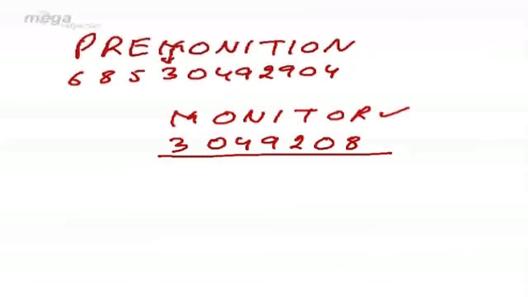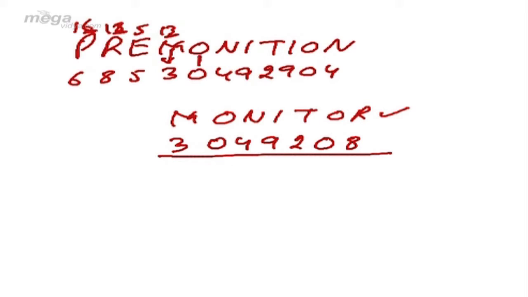Since all the letters of monitor were already given to us in premonition, we need not try to find out the logic behind it, because this question doesn't have a concrete logic. The numbers are arranged in a very haphazard manner. If you really ask me the reason, P is a letter number 16, the last digit is 6, therefore 6 is written. R is 18, the last digit is 8, therefore 8. E is 5, therefore 5. M is 13, so last digit is 3, so 3.